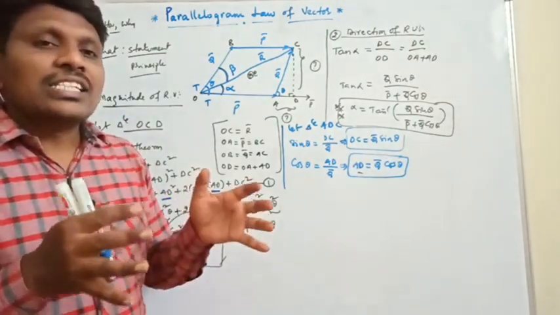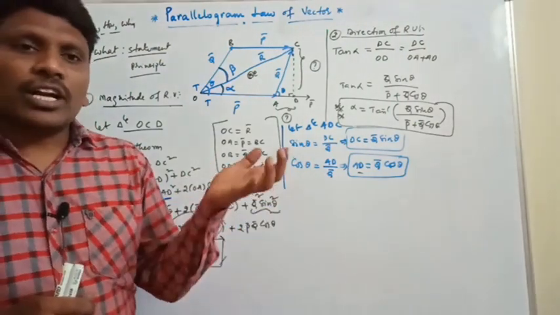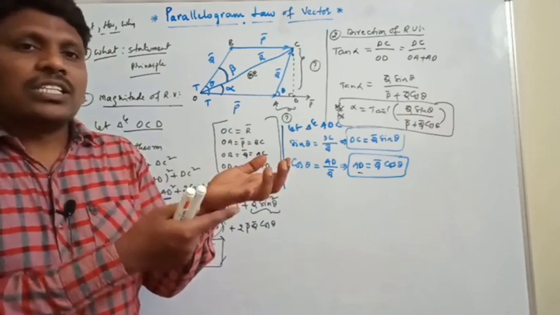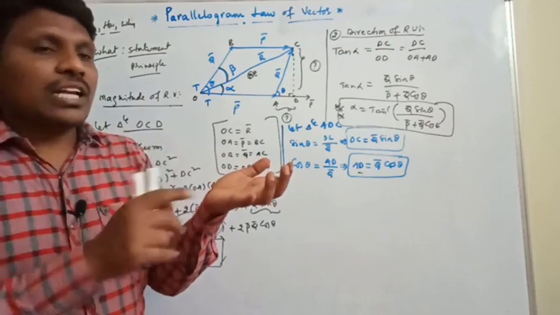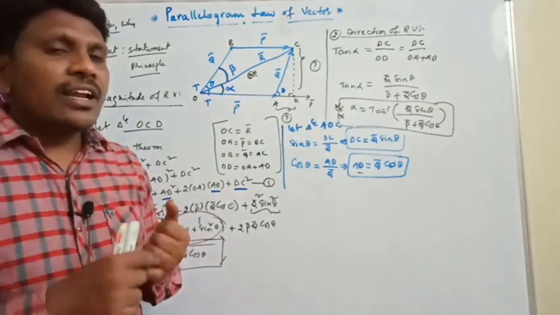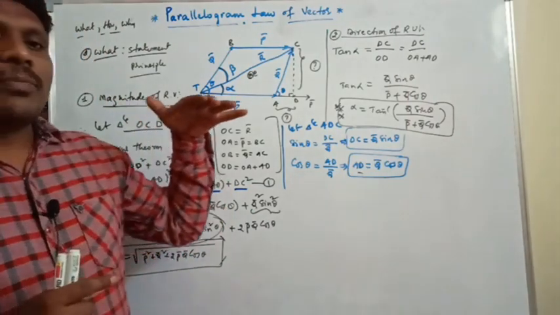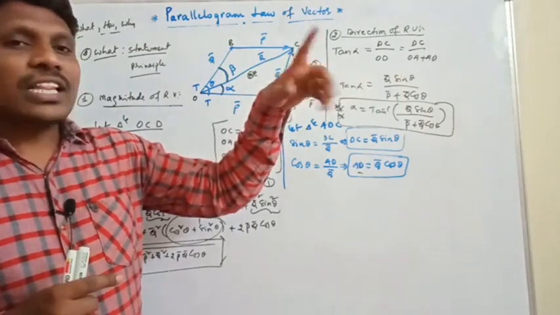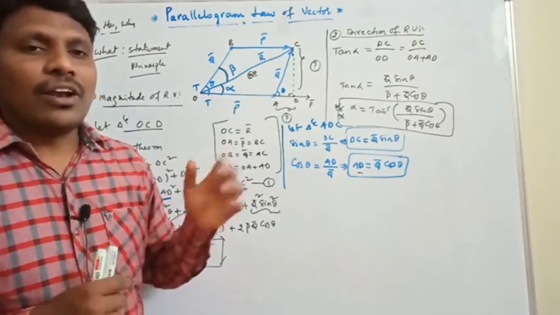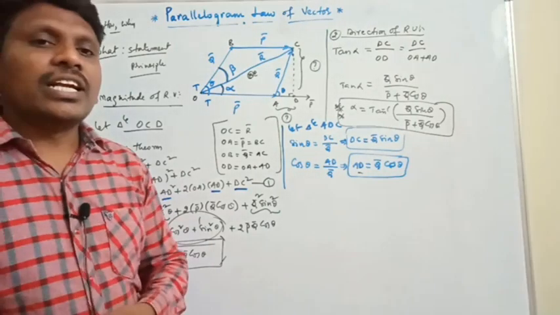Not only in that case, we also use the parallelogram law in general life activities. For example, when a crane is lifting a body, the weight of the body lifted by the crane can be found using this parallelogram law. The weight of the body in the air and the weight of the body in the water. Whatever aeroplanes, helicopters or rockets are flying in the air, their resultant direction can also be found using the principle of the parallelogram law. So this is about the applications of the parallelogram law in our daily life.